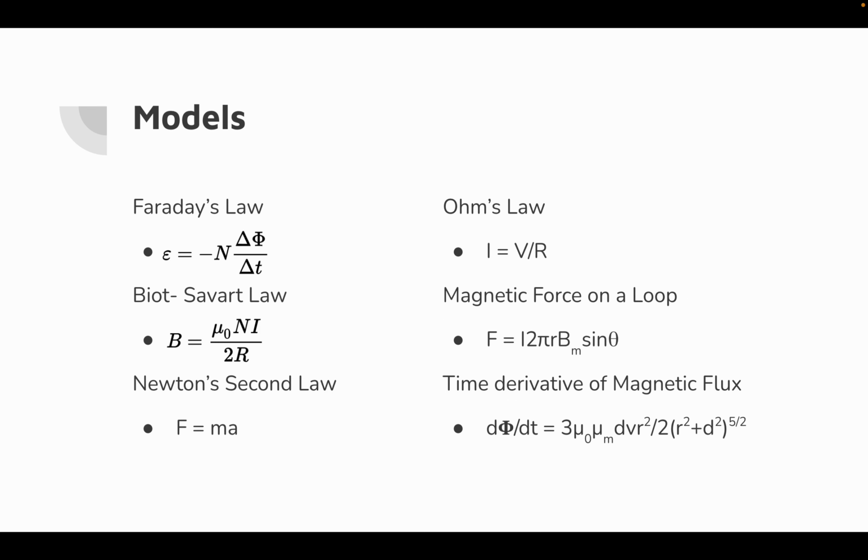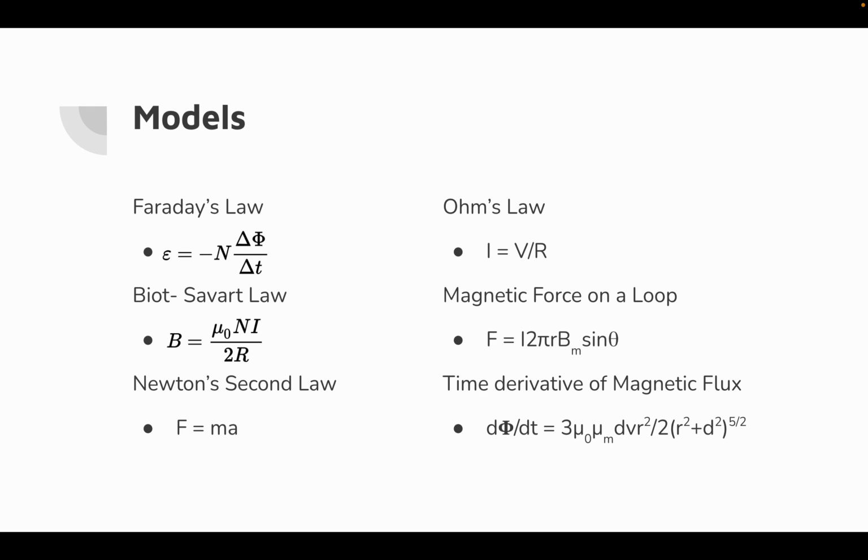So the models were Faraday's Law, which says that EMF is equal to negative N, the number of loops, times the derivative of phi over delta t. And the Biot-Savart law says that B is equal to mu naught times N I over 2R. Newton's second law says that F is equal to ma. Ohm's law says I is equal to V over R. Magnetic force on a loop says that force is equal to I times 2 pi R times B of the magnet